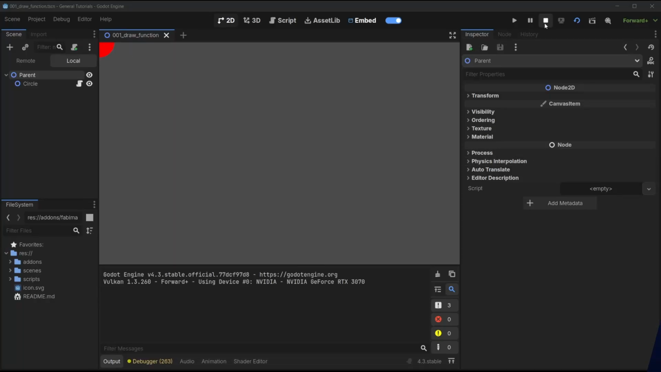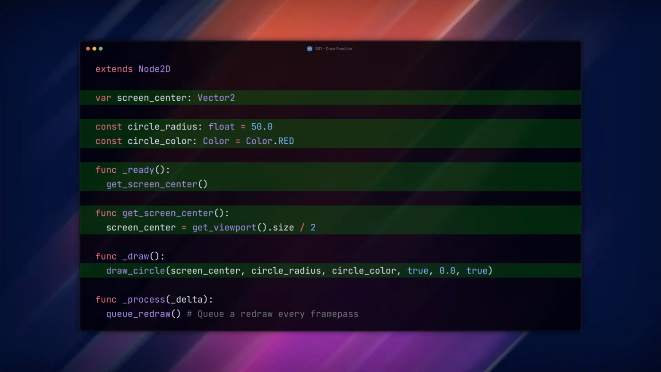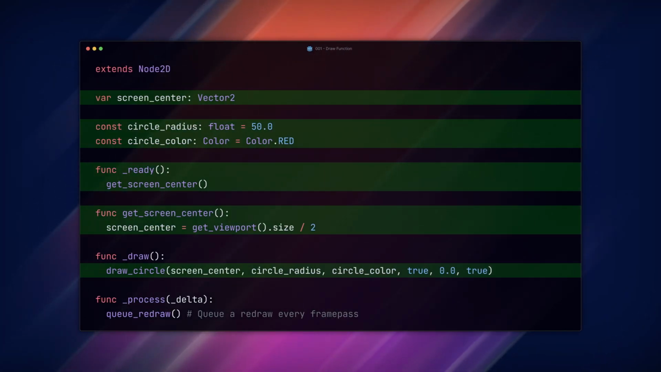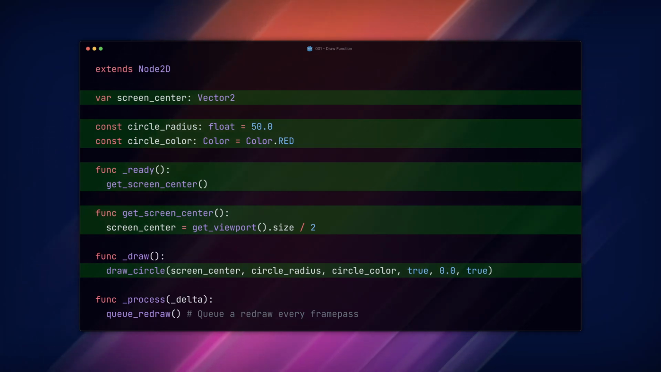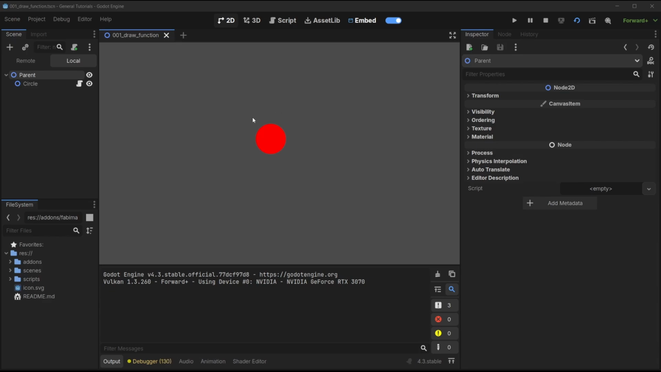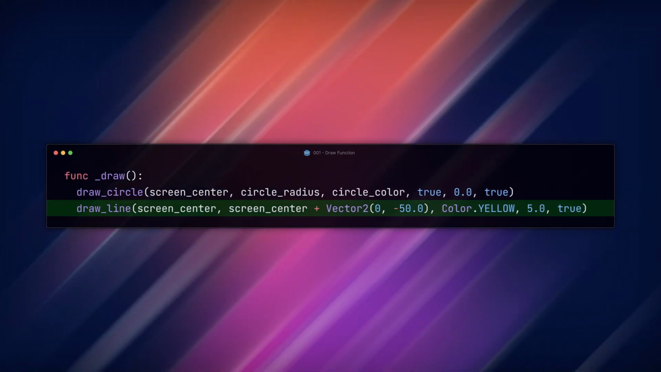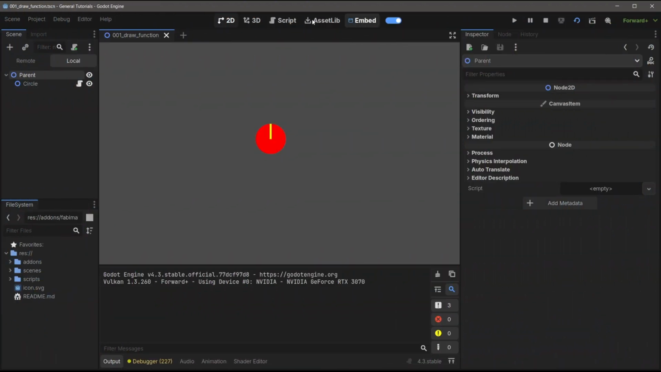Let's make it a little bit easier to see and move that to the middle of the screen. We're going to use our screen center, and to get that, we get the viewport size and divide that in half. Then we can plug that into the position of our draw circle function. You can add any number of commands within the draw function. So let's go ahead and add a line after we create our circle. When you run your scene, you should see a red circle and then a line going up to the 12